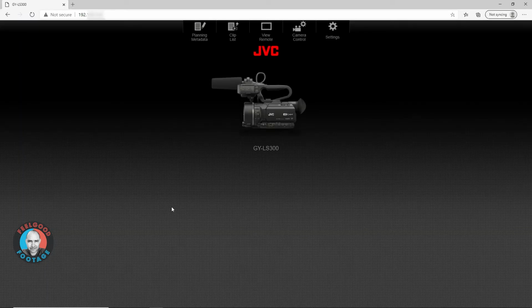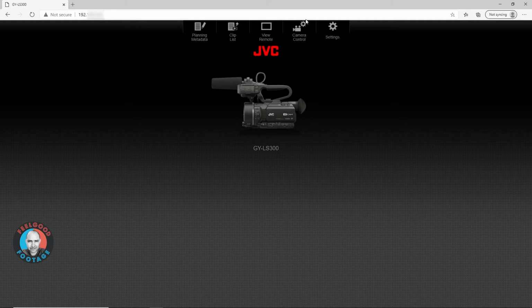Next, we need to go to the camera's IP address and use the JVC web portal to input the server ingest URL information. I think it's worth noting that the browser on the corporate laptop wouldn't let me open this particular web page, the camera's IP address, because the site is not secure. It simply wouldn't load. That's a function of the fact the laptop has an IT policy in place that doesn't allow those sort of pages to be open, which I guess makes sense. It just meant I had to use my own computer to access this portal. I thought it's definitely worth mentioning in case you're working with a corporate laptop that has a similar restriction in place.